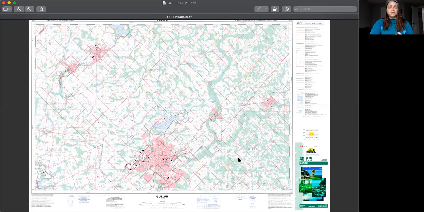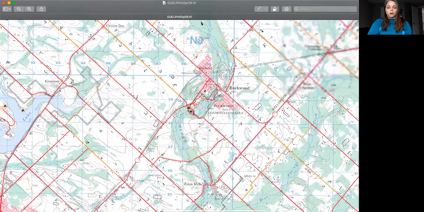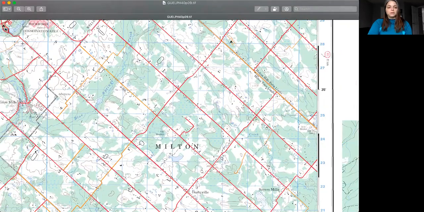The other thing I'm noticing is that we've got quite a bit of green in the southeast corner, but it's not in that same sort of cover that we see in the whole western half of the map. So thinking about what that green represents, what the pink represents, and even what the blue represents. And when we were looking at some examples before, if you zoom into some of these pieces,